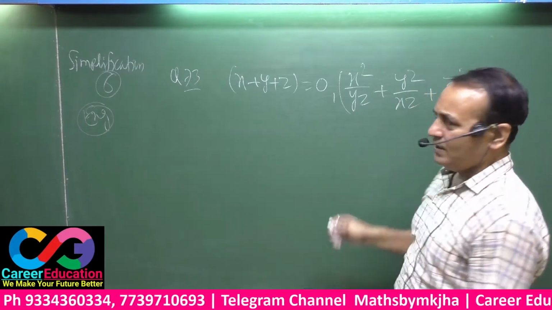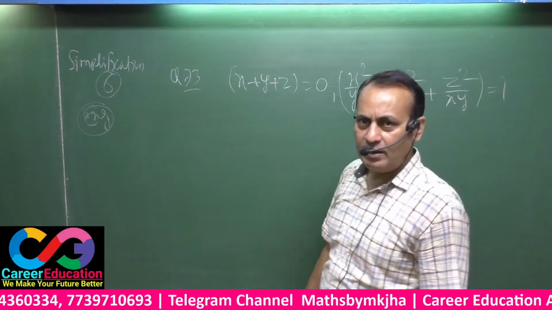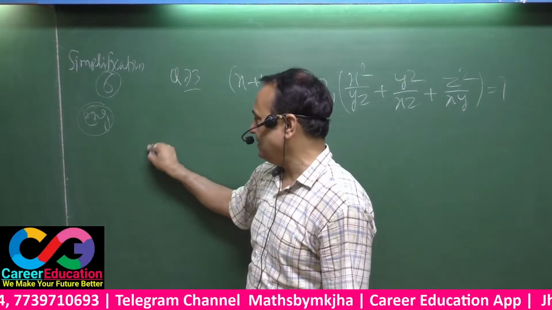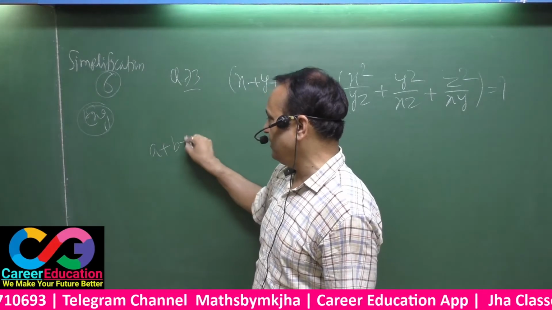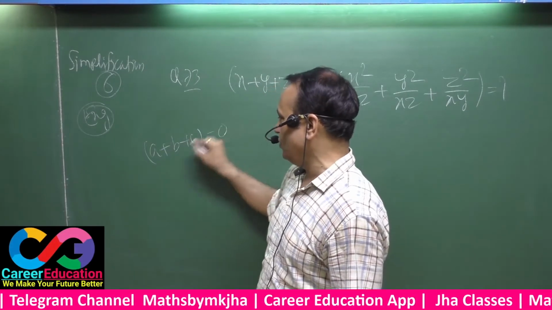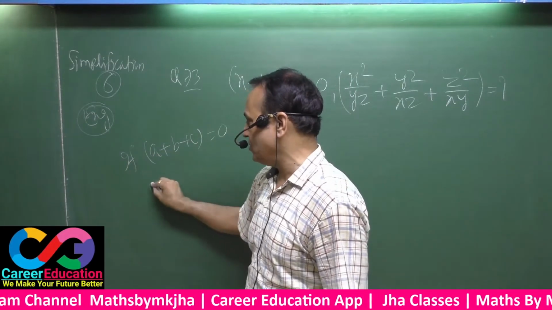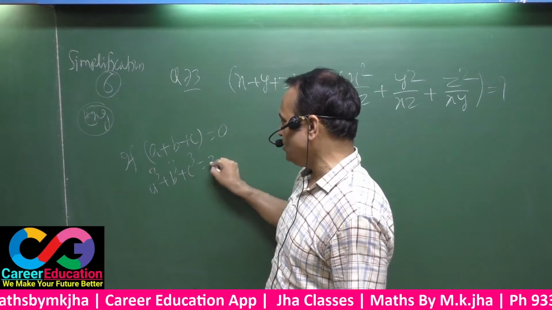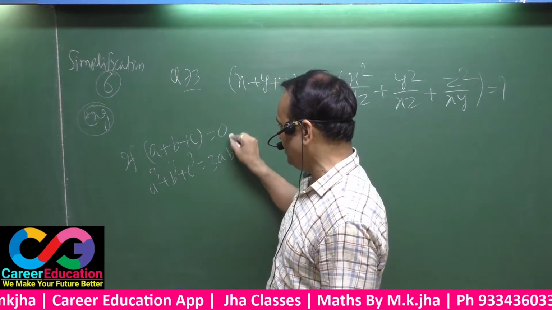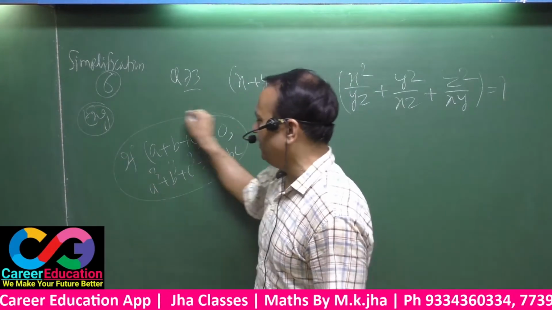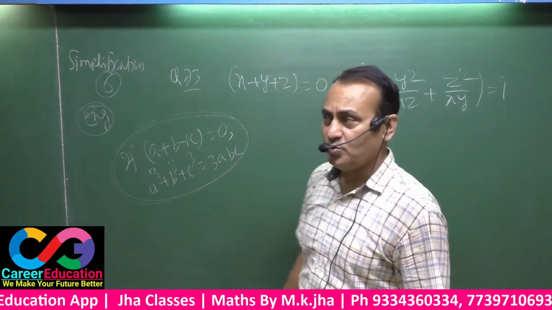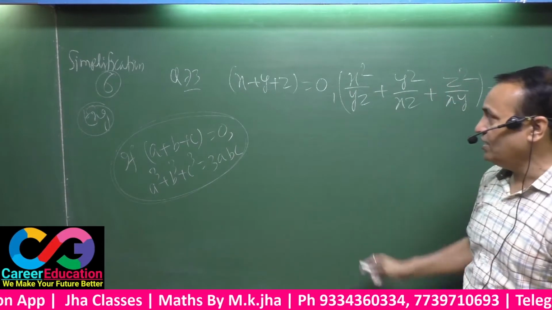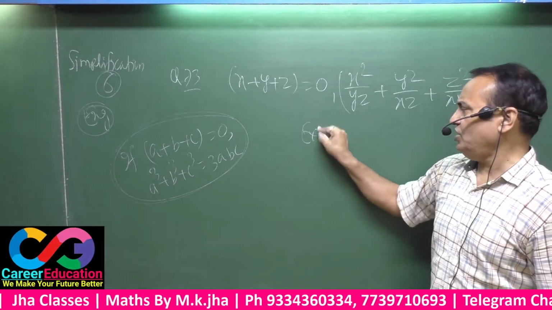See here, you have to remember one formula to be applied here: if a plus b plus c equals 0, then a cube plus b cube plus c cube must be equal to 3abc. This formula should be remembered by you, and this is to be applied here in order to get the answer. See here, your expression is in the form of,